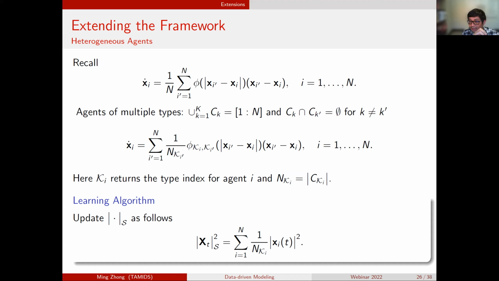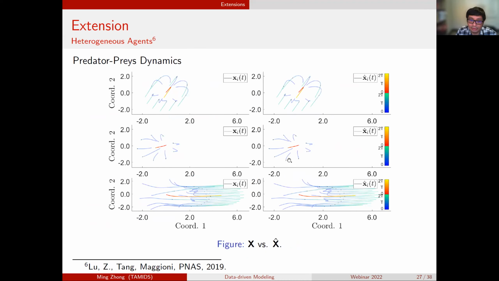As it turned out, the learning algorithm is roughly exactly the same once we change the S norm, which is how we measure the huge state vector, to respect the number of different types. Once we do that, then we can learn right away. Okay. So here's an example showing how to learn on an observation of predator-prey dynamics where